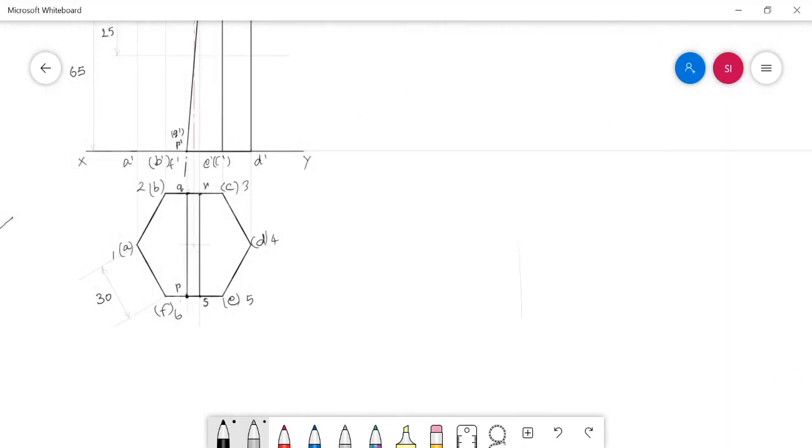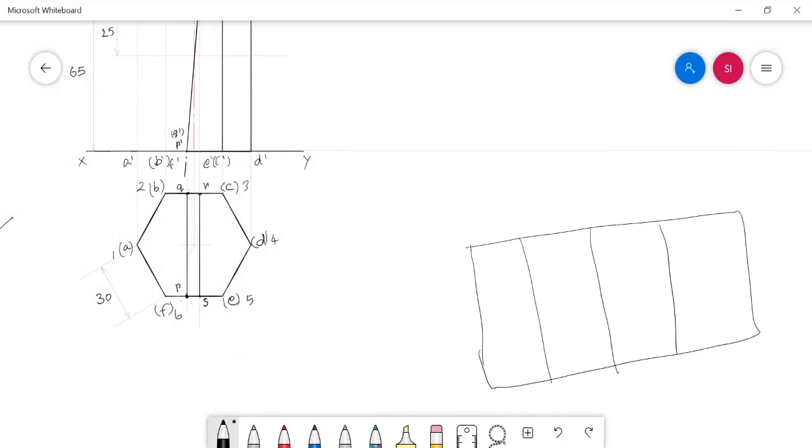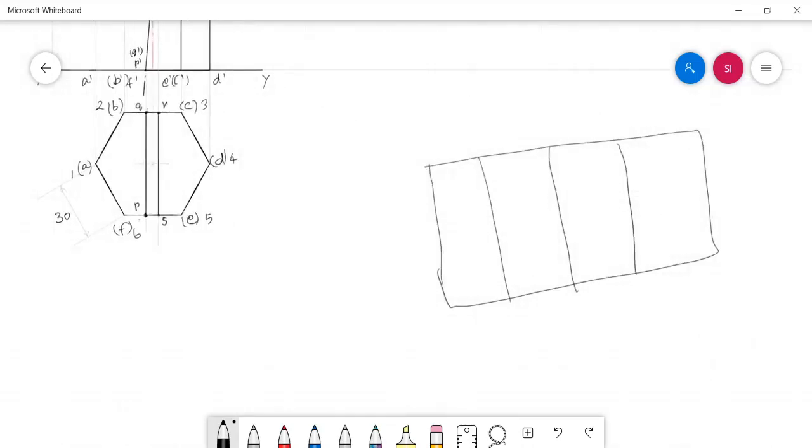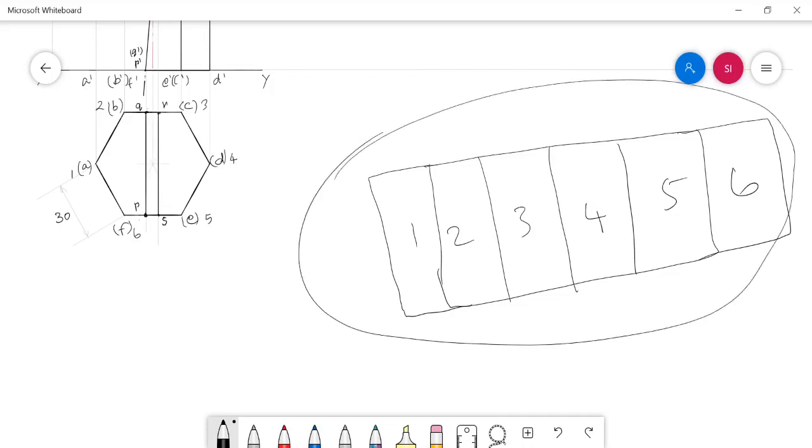In the case of all prisms, we already know the development will be a long rectangle which can be split into a number of portions equal to the number of side faces of the prism. Here we have the hexagonal prism, so the number of portions inside the long rectangle is 6, because it has 6 sides. 1, 2, 3, 4, 5, 6 rectangular surfaces will combine and give you a long rectangular shape as a development of this hexagonal prism. First we need to develop this uncut solid. Thereafter, by marking the cut points, we can highlight the retained lateral portion.